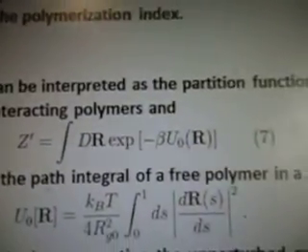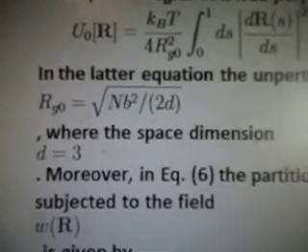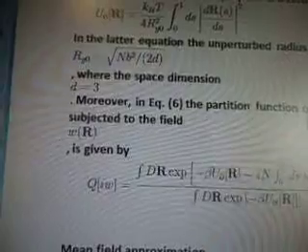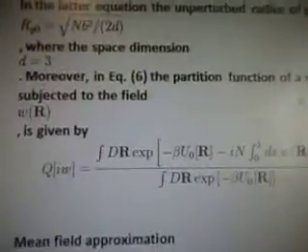Okay, where B is the statistical segment length and N the polymerization index, can be interpreted as the partition function for an ideal gas of non-interacting polymers, and there's that, as the path integral of a free polymer in a zero field with elastic energy. For that, in the latter equation the unperturbed radius of gyration of a chain, where the space dimension d equals 3, moreover in equation 6 the partition function of a single polymer subjected to the field W is given by Q